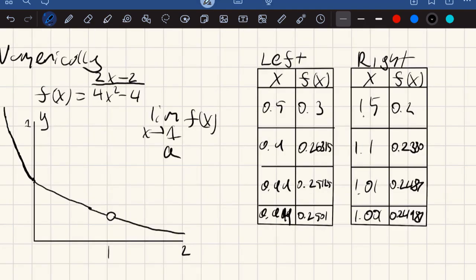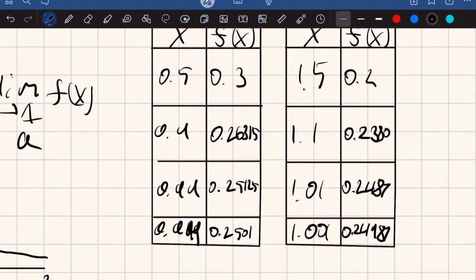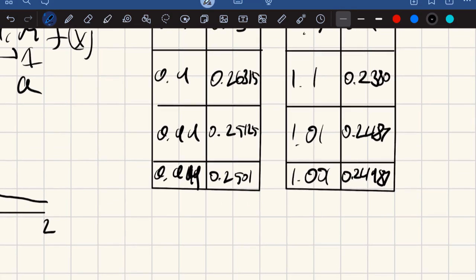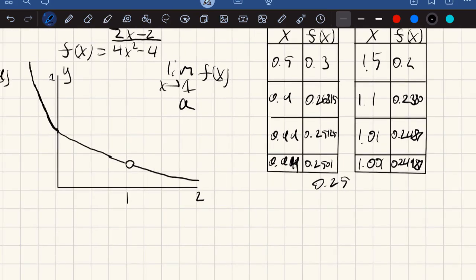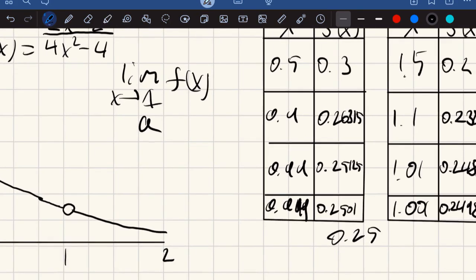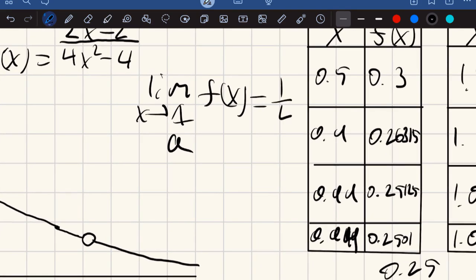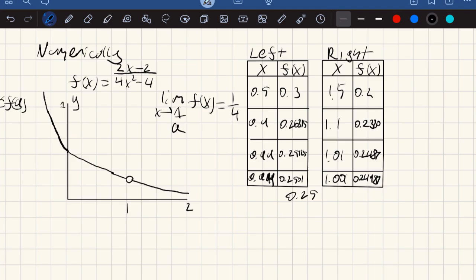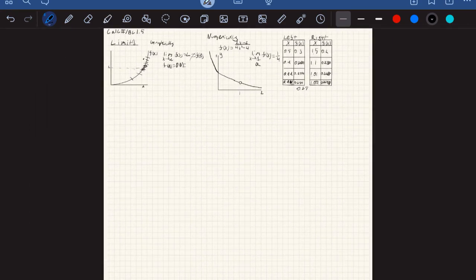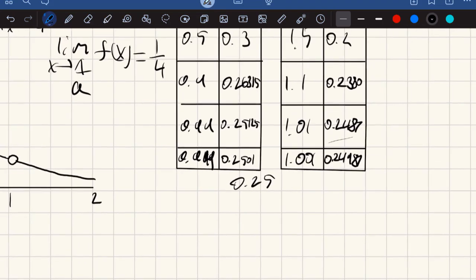After we find f of x at these values of x, we could see a constant trend that they both tend to go to 0.25. So from that, we could say the limit of f of x as x approaches 1 is going to be 1/4. Since we were just talking about values left and right of a,